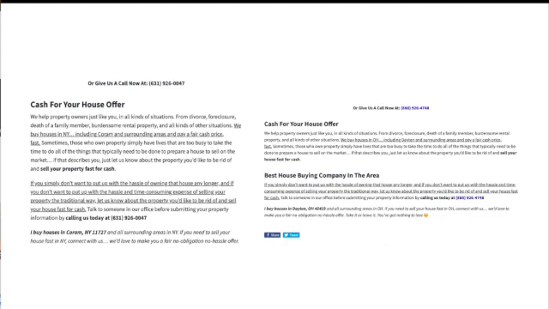So if someone does like I did here, I searched up "sell my house fast," and I came up with these two different websites. Look at this one here. See the two different numbers, this one's a 631 number, this is an 888 number. Okay, "cash for your house offer," "cash for your house offer." "We help property owners just like you in all kinds." "If you simply don't want to put up with the hassle,"